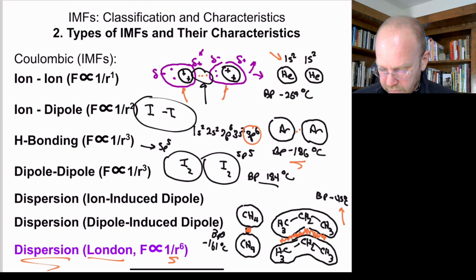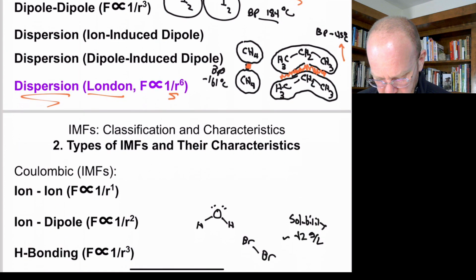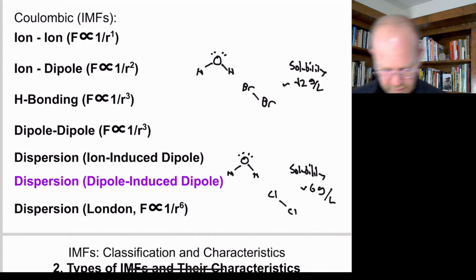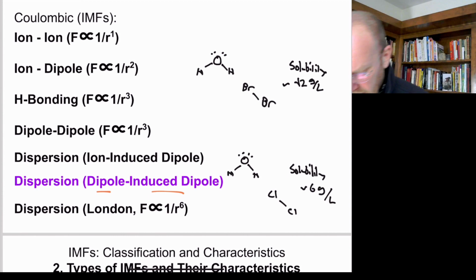Okay, so enough on dispersion forces. Dispersion forces are the weakest of them all, and they have very high distance sensitivity, meaning you separate them a little bit and the force goes away. So you can also have induced dipole forces. For example, molecular bromine doesn't have a dipole on its own, but if you put it next to water, where this hydrogen atom has a partial positive charge permanently because it's a dipole, what that's going to do is